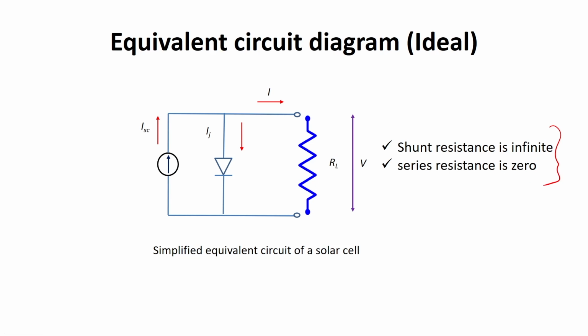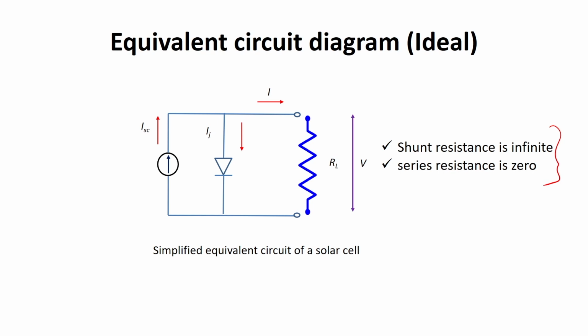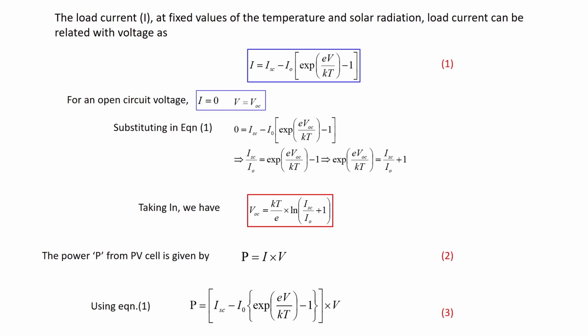Okay. Now, let us show how theoretically you can calculate the maximum power developed by a single cell. What we have discussed before, for the IV characteristics curve, we can generate the curve by using an electrical system, but the same thing we can demonstrate with the help of this mathematical approach. So, the load current at fixed values of temperature and solar radiation, we can write the expression something like I